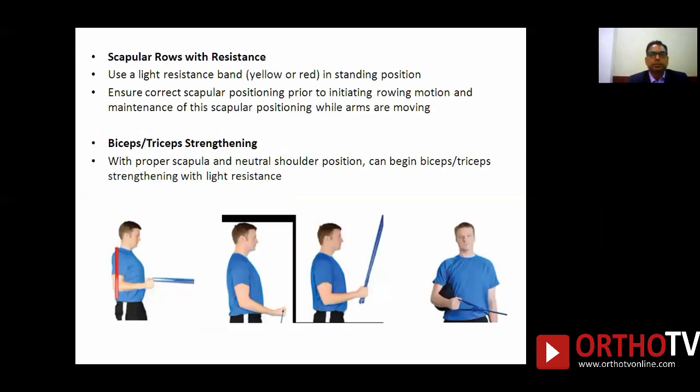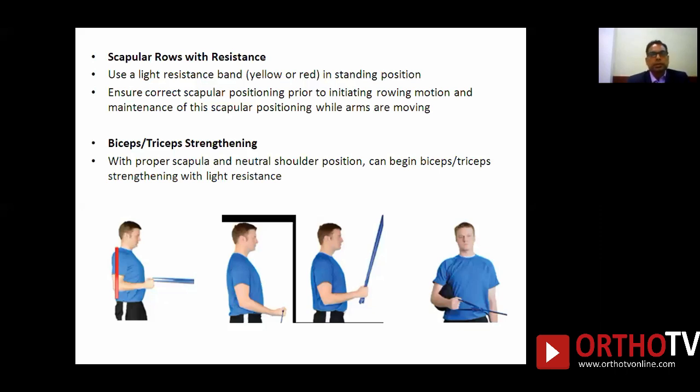Then use of the TheraBand: start with the yellow, progress to green and then blue, in standing position. First do the rowing. While doing the rowing movement, your scapula should be stable and the shoulder should be in a downward position and not in a shrugging position, and then pull gently and release slowly. So this is 10 to 15 repetitions, 3 to 4 sets of rowing, then elbow range of motion using the TheraBand and then the triceps exercises, and then external rotation and internal rotation to strengthen the subscapularis and infraspinatus can be started.